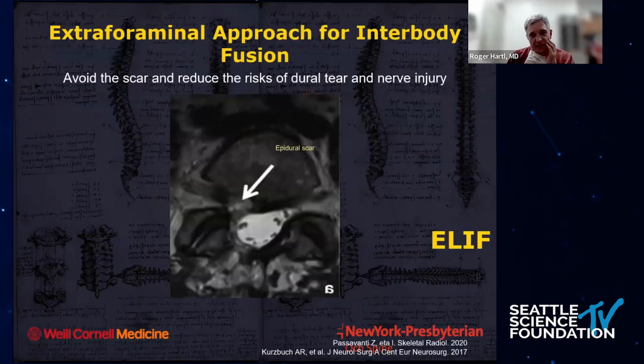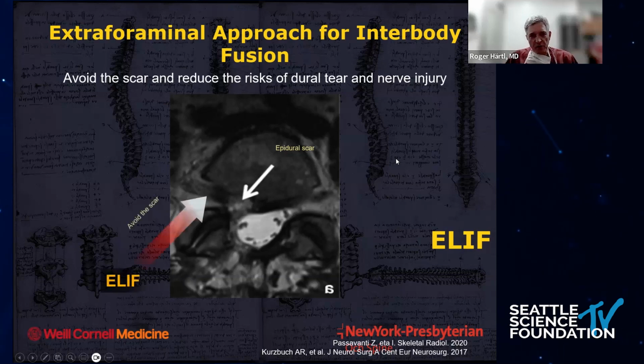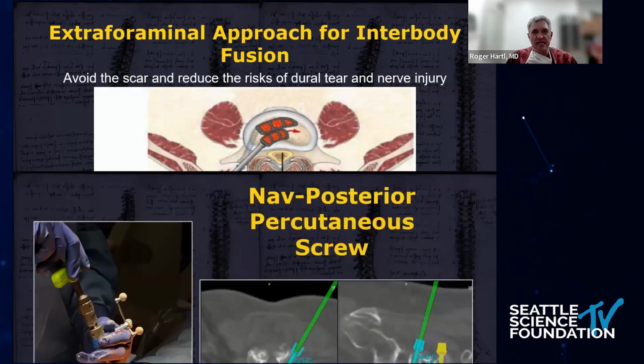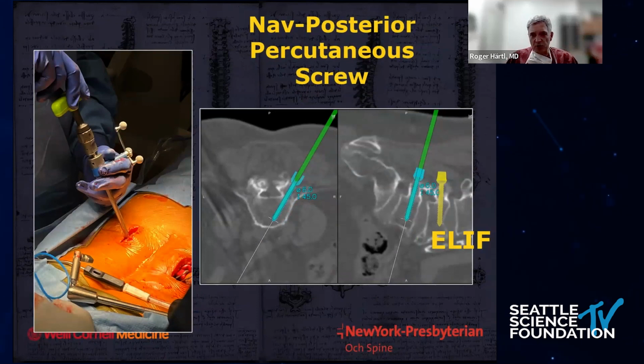In this particular case, this patient had a decompression. We had to go back to a fusion. So instead of doing a TLIF here, we went extraforaminal. So we did an extraforaminal approach, lateral to the facet joint, minimally invasive, of course. And that has been described. There are not many larger series, but it is a really nice approach that I've been utilizing more and more recently. And I do everything with navigation.